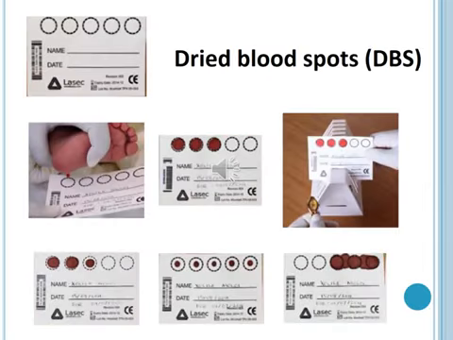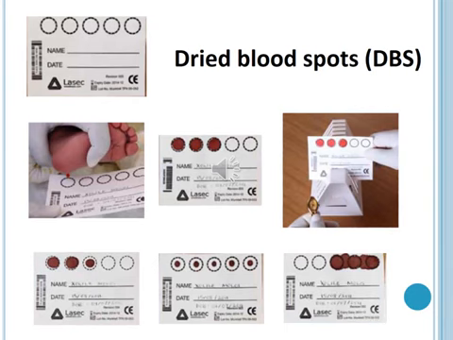This slide just shows you what the dried blood spot cards look like, and very importantly, how to correctly fill the circles. It's important that at least 3 circles are filled. They shouldn't only be drops. It doesn't help if you put 1 drop in each circle, and also the blood mustn't be flowing from one circle into another. 3 circles, or if you can complete all 5, that is wonderful, but at least 3 circles